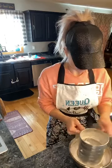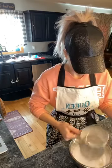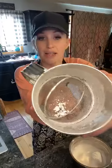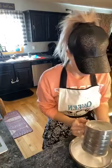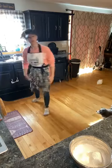yeah, this definitely needed it. This powdered sugar has seen better days. We've got big old chunks in there. This is why I sift. So, those big old chunks would have been in my frosting, making it not smooth, not creamy, not how I